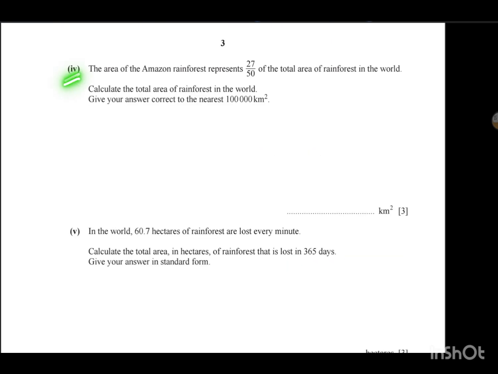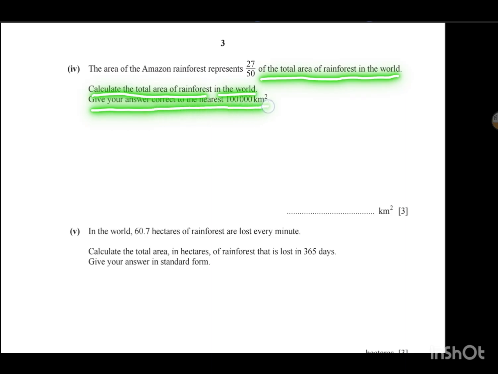Question number 4. The area of the Amazon rainforest represents 27 by 50 of the total area of rainforest in the world. Calculate the total area of rainforest in the world. Give your answer correct to the nearest 100,000 kilometers. So here they are saying that it is 27 by 50 of total area of rainforest. So let us assume that total area of rainforest in the world